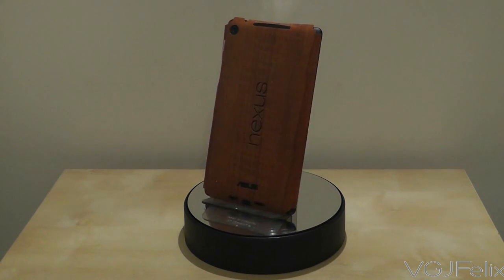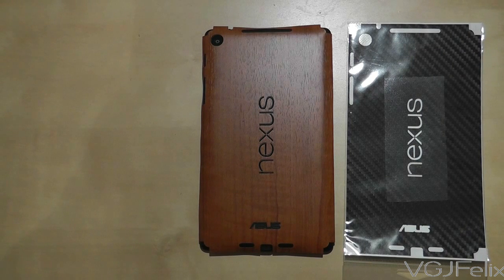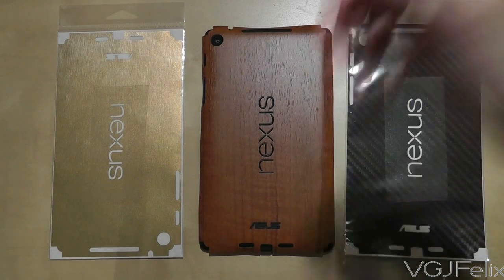At the time of filming, slick wraps are a little pricey at around about $25, but there are over 20 different slick wraps available, from the teak style you see here to brushed gold and carbon fibre black. If you are interested in purchasing one of these, check out